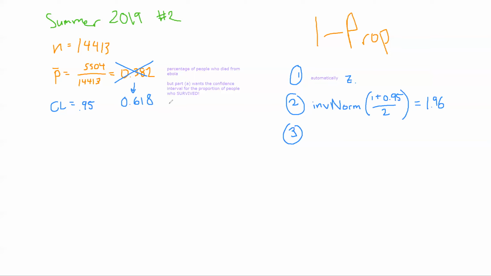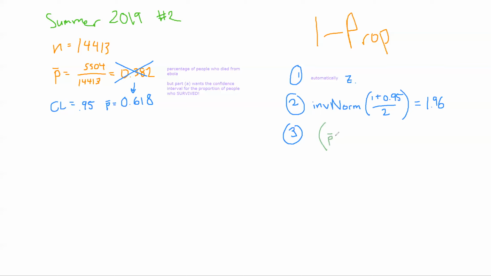0.618. Just pay super close attention to that because they're not asking for the percentage of people who died. They're asking for the percentage of people who survived. So this is my p-bar now, or p-hat, whatever you want to call it. I call it p-hat, but she calls it p-bar. We'll call it p-bar for today. And we'll plug these things into the formula. So it starts off with